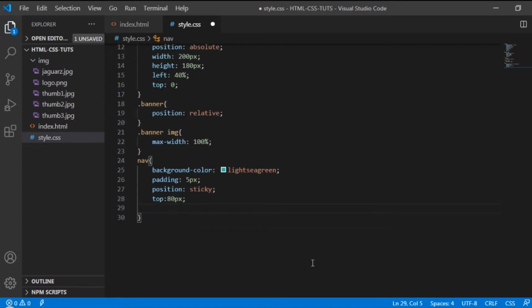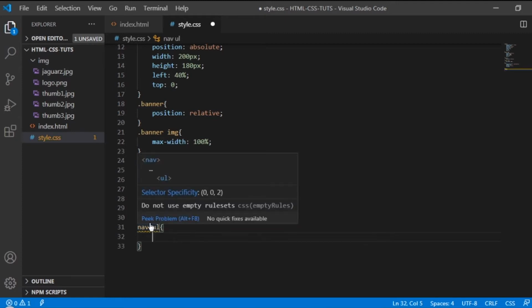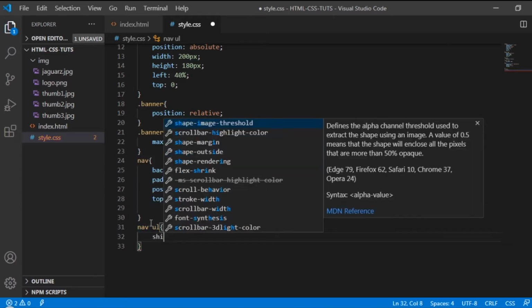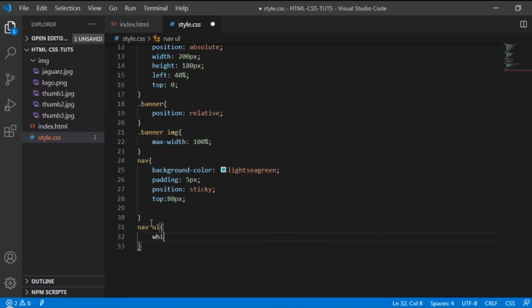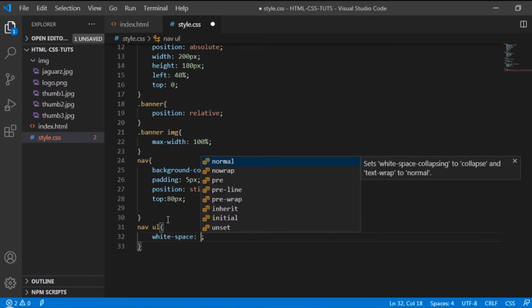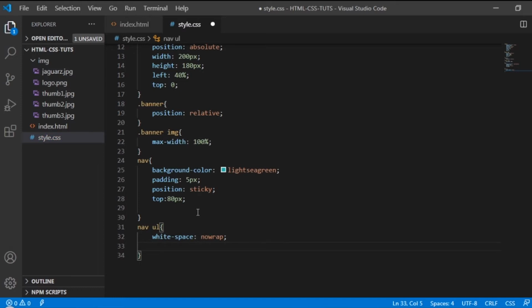And then after that, let's design also the nav UL. So for the UL, guys, or the unordered list, let's create a white space, no wrap, and then max width.